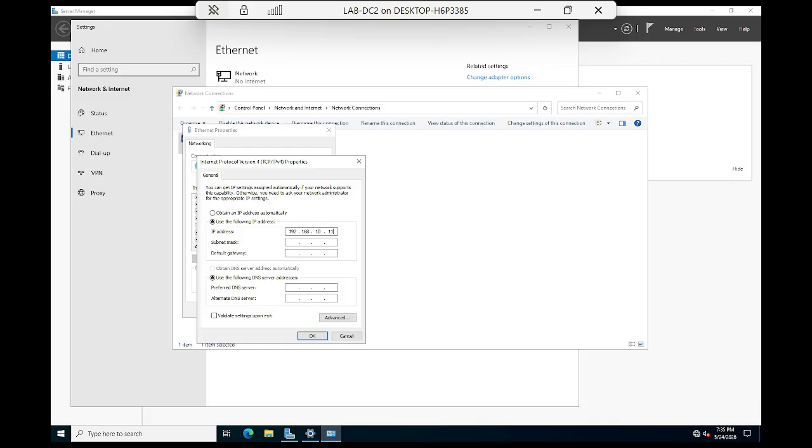192.168.10.11 I am giving, because in the earlier domain controller I gave 10. So here I am selecting 11. Give the subnet mask by default, and for the default gateway I am selecting 192.168.10.1, and for the preferred DNS server, here I am using the same domain controller as DNS server, so I am giving